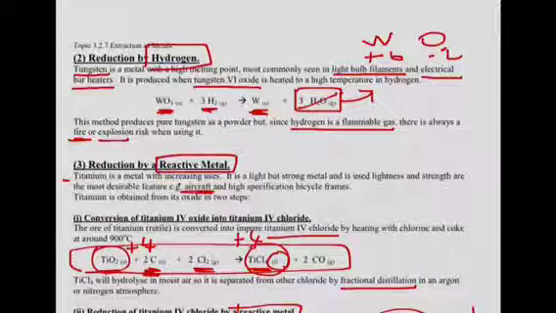The other reducing agent we can use is hydrogen, and you'll see from the top of the next page that the metal that we use hydrogen to extract is tungsten. Now, tungsten isn't used as much nowadays as it used to be, because the place it's used, or was used quite a bit, light bulb filaments, and filament light bulbs are certainly being phased out quite a bit, and electrical